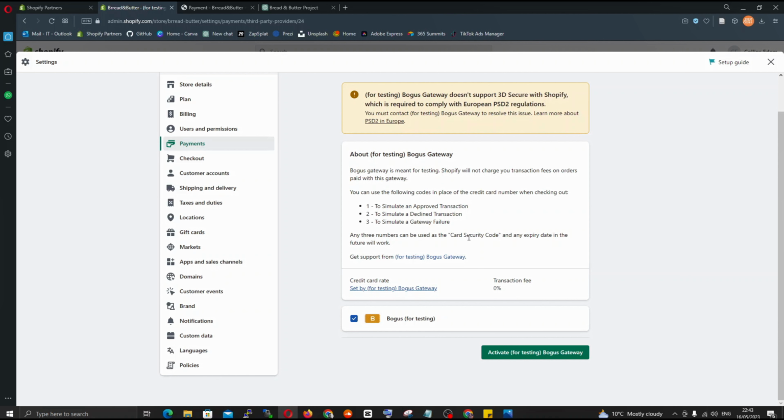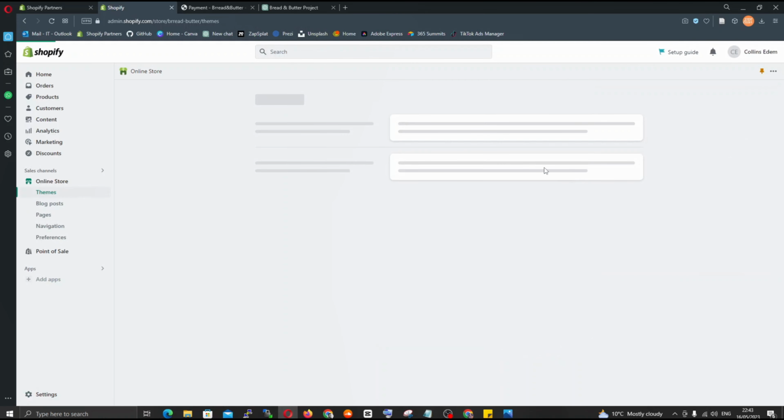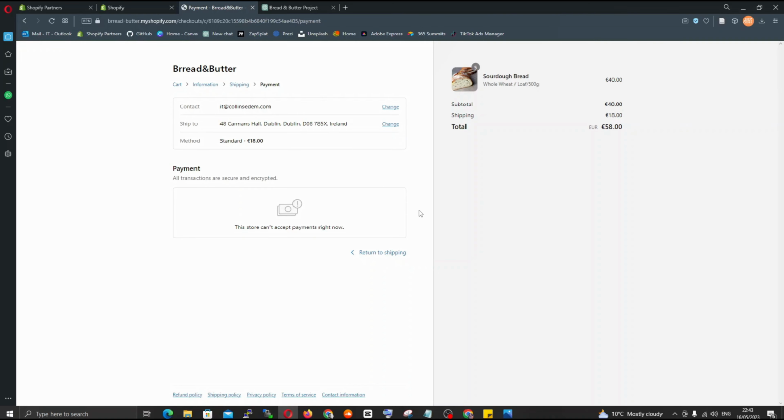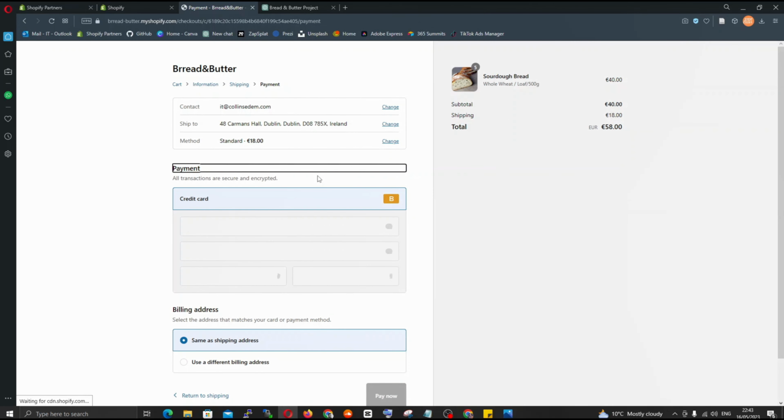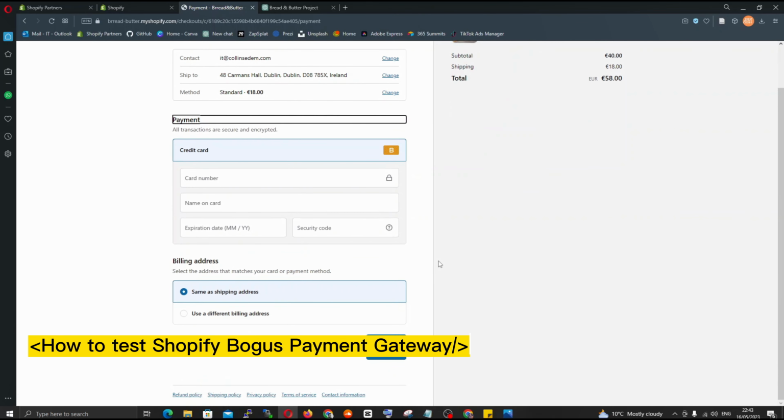So I'm just going to go ahead and activate this, and we'll see how it looks now on the checkout page. So I'm just going to go back to that checkout page and refresh, and then that information there that says the store can't accept payments will change now. So now I have the option to put in the credit card details. So this is a testing environment. I think it said 1. I'm just going to put Edem codes there,